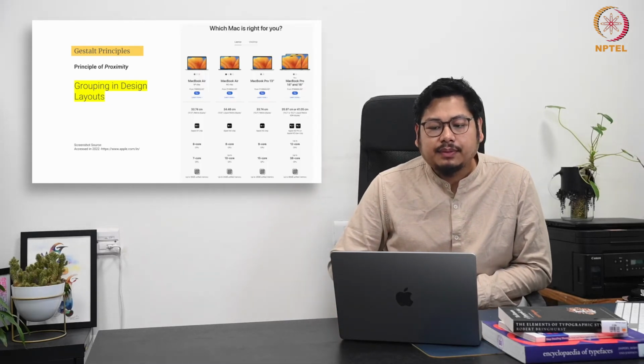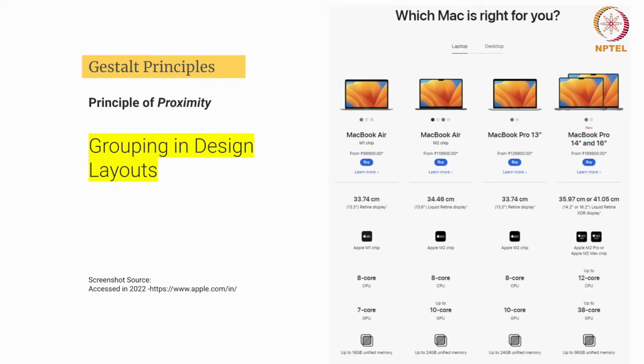So the first example is this screenshot which was taken in the early part, and here you can see how the proximity is happening, without any direct disclosure of any lines. But since the elements are grouped in such a way, you automatically tend to incline towards how the overall layout is designed. So here you can see this is the laptop, and it is the version which it's trying to showcase.